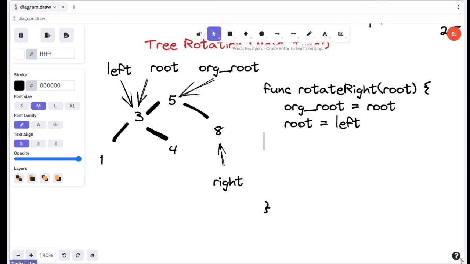Isn't that just root? But I thought root was 5 at this point. No, we changed root to the left. Oh, I see. Okay, we didn't get rid of that. Okay, we already have those 2 lines. Okay, you're right. So now we have root. Okay, so now we want to say